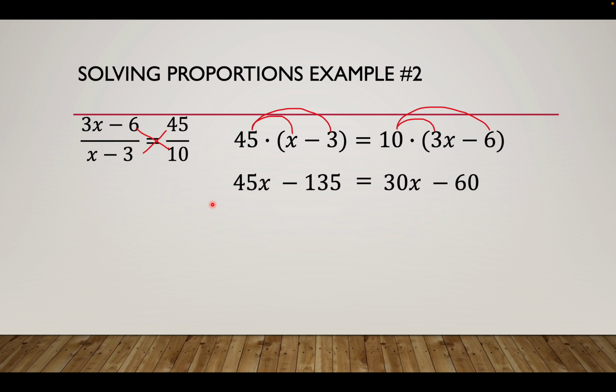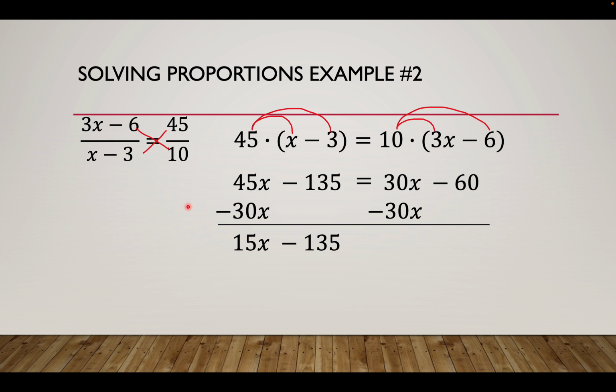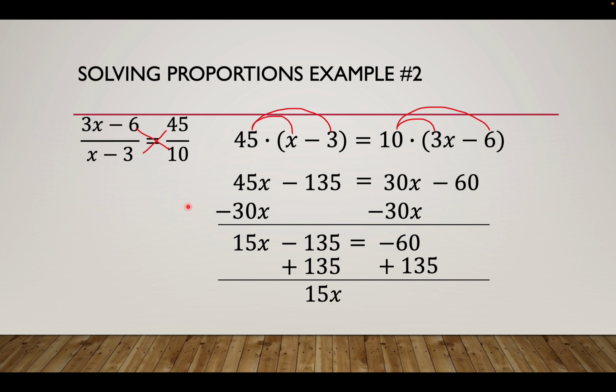Now we're after solving for x. Get the x's on the same side by subtracting 30x on both sides. We're left with 15x minus 135 equals negative 60. Add 135 to both sides. We're left with 15x equals 75. Divide by 15, and x would equal